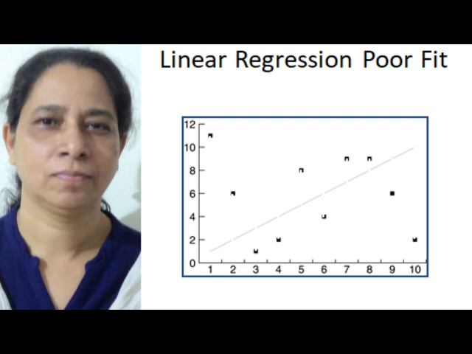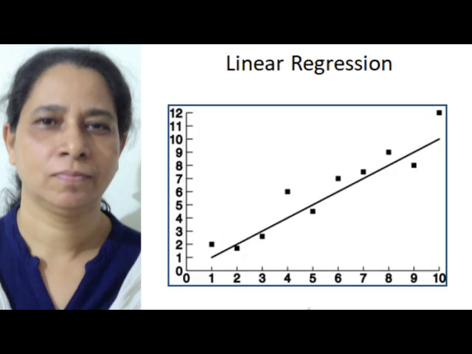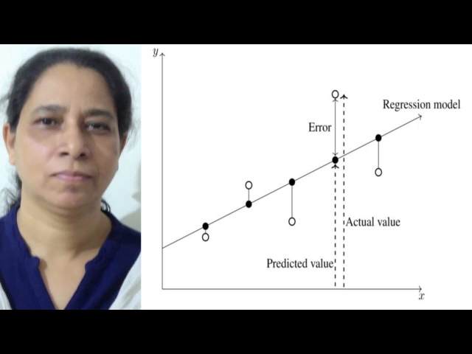Now consider the slide displayed, which is somewhat a best fit line, which is touching most of the points. You can see that some of the points are not exactly in the line. For such points, there is a vertical distance from the point to the line. The vertical distance is an error. We want to minimize the error. The best fit line is the one that reduces the vertical distance between the actual data point and the corresponding point in the line.